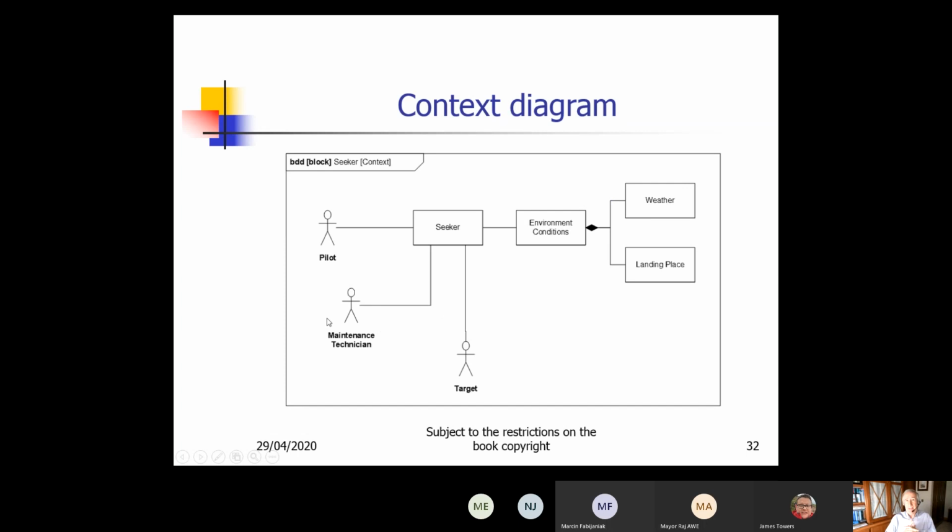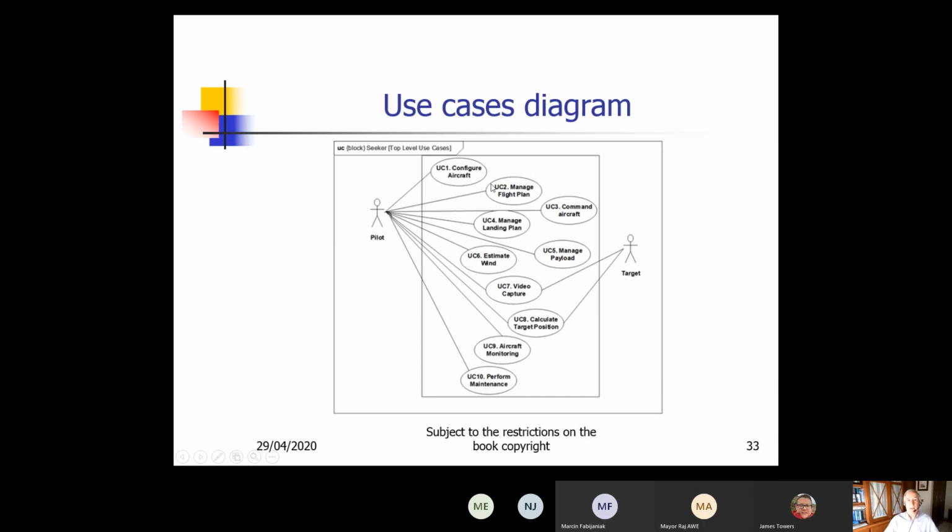We represent here the context diagram of this aircraft. The aircraft is named Seeker. We have the main actors, which are the pilot, maintenance technician, the target, and the environmental conditions. The environmental conditions are the weather and the landing place. With this context diagram, we identify the main use cases. The main use cases are configure the aircraft before flight, manage the flight plan,